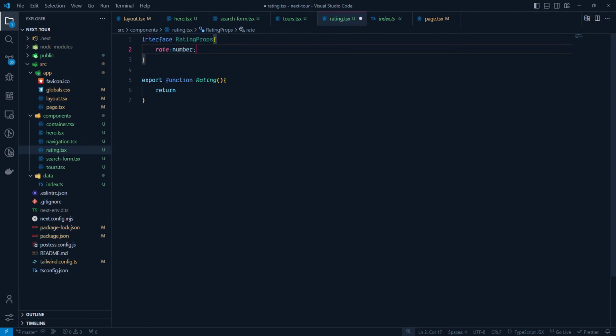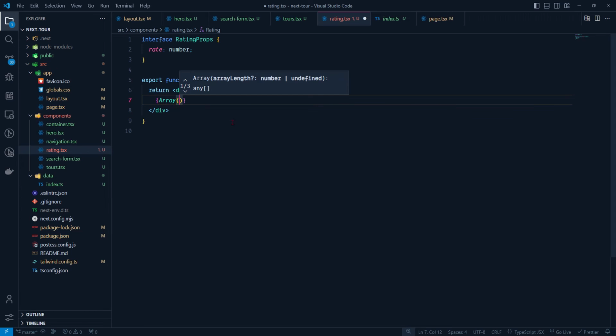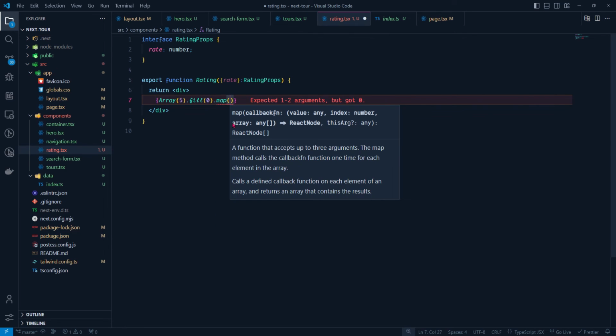This is not optional, it's always expected. So rate, and here we have RatingProps, and just create one div, and here we can create an array with the size of 5, and we can fill any value. So I am going to fill just a 0 and map it,